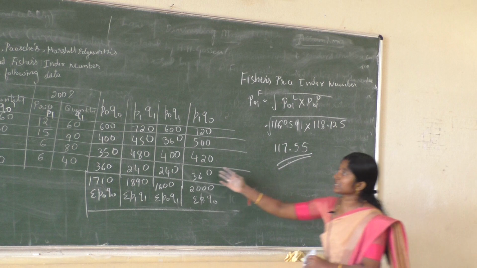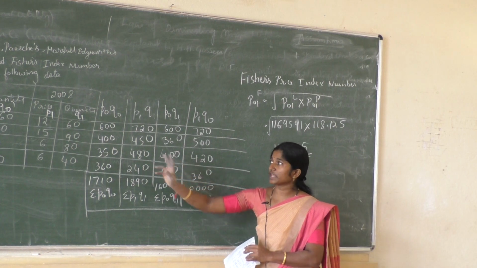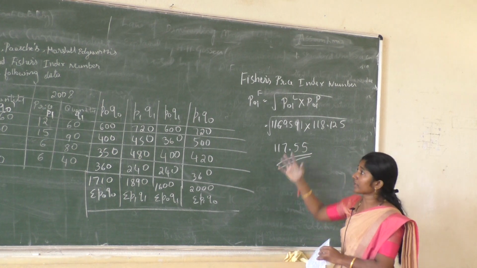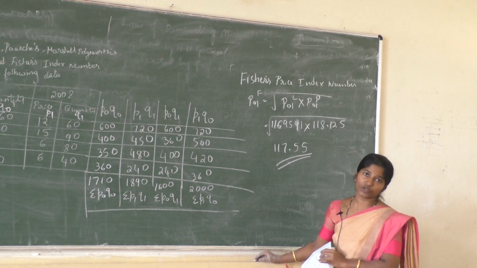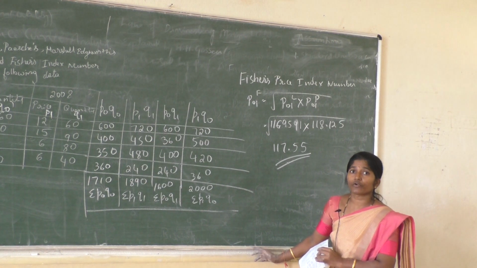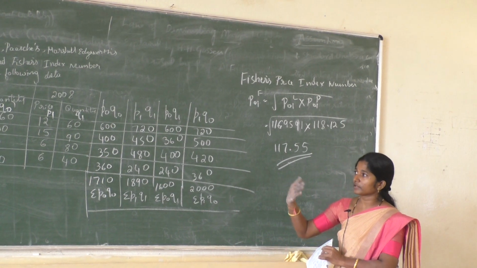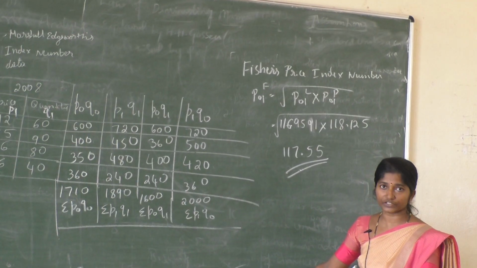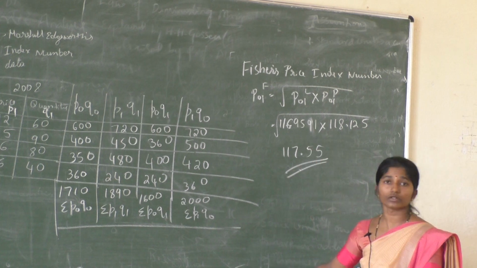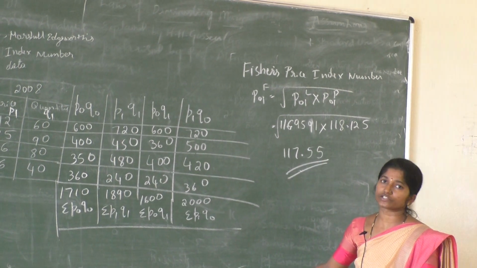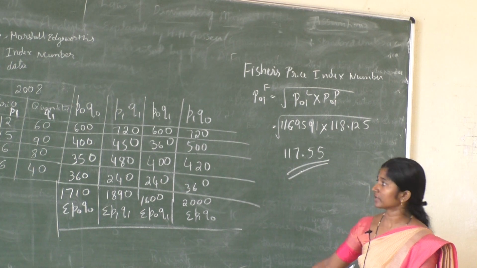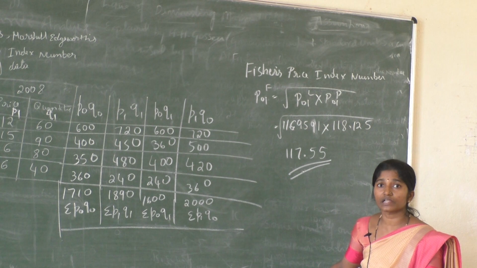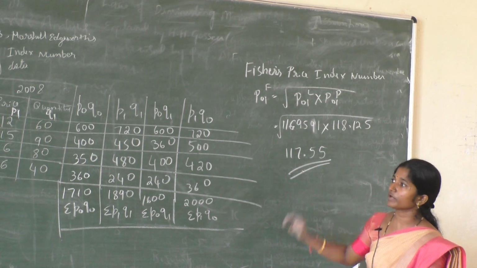All do not give different answers here. But when the base year and current year have more or less different values, the answer becomes different because of the weightage. Laspeyres weightage is the base year, Paasche weightage is the current year quantity, and here we are giving both base year and current year values. Therefore we are getting nearly the same answer.